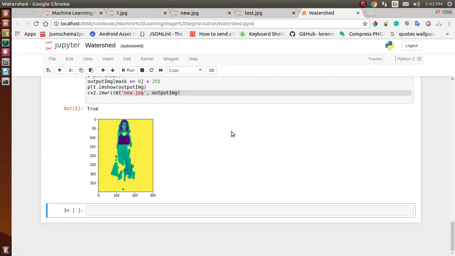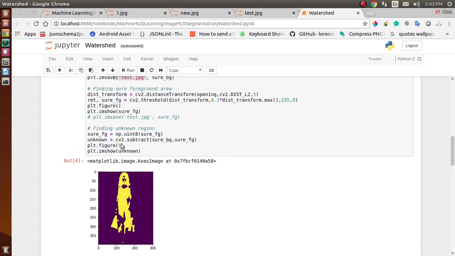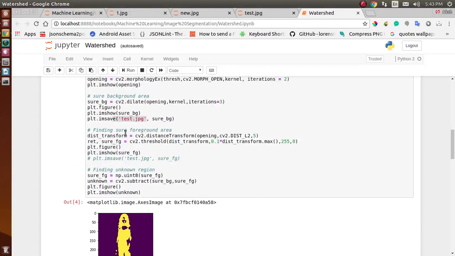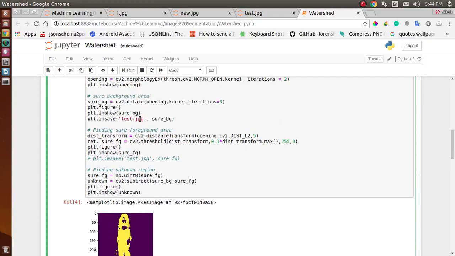Also, suppose you don't want to access the object using the background area, you want it to be accessed using the foreground area. So just comment this out and save test.jpg in this foreground data.